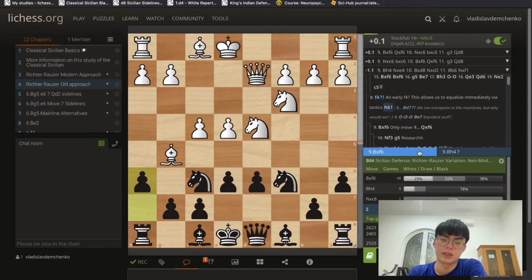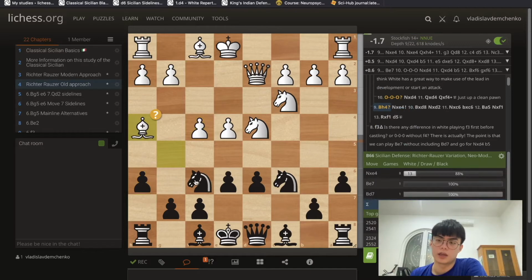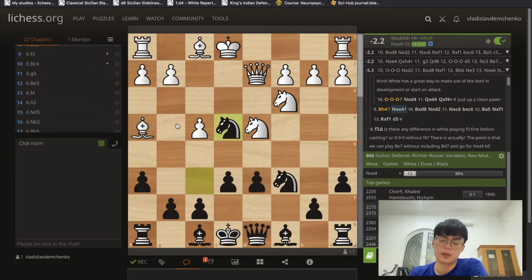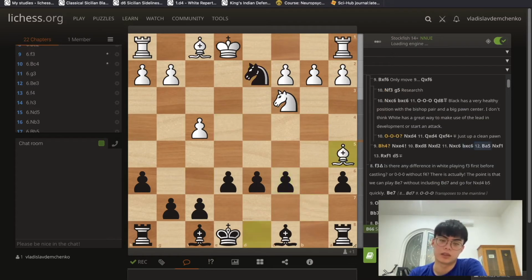But we can play the move h6 here, and the only move basically is to play bishop f6, because bishop h4 runs into the quite common tactic, knight e4. So we just want to take this bishop next. We already won a pawn, so for example, a possible continuation is bishop d8, knight d2, knight c6, bc6, bishop a5,